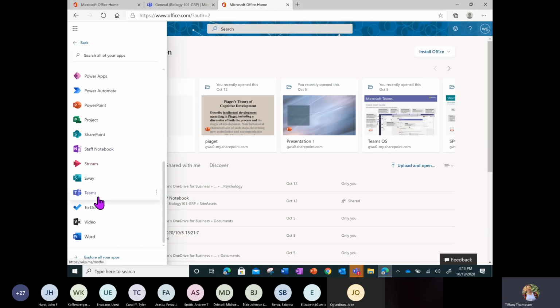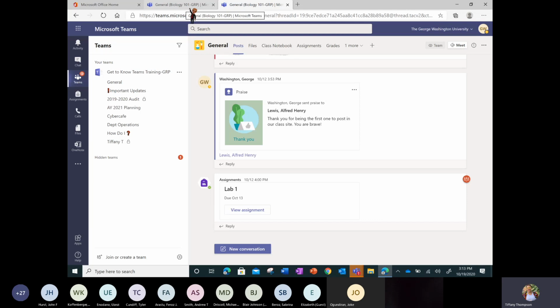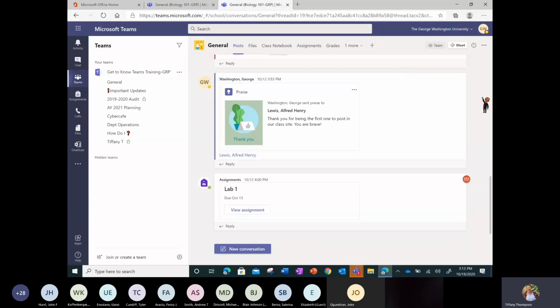For our training today, of course, we'll be using Microsoft Teams. When you click Teams, Teams will actually open directly in your browser. And either Nick or myself, before the end of the session, will put a link in the chat if you would like to download the desktop version of the Teams application. As you can see, I'm using Teams in the browser here. But here at the bottom, I also have my desktop Teams open, and I'm getting those notifications, or my application is illuminating, letting me know that there are notifications happening in the current meeting that I'm a part of or in my Teams environment.